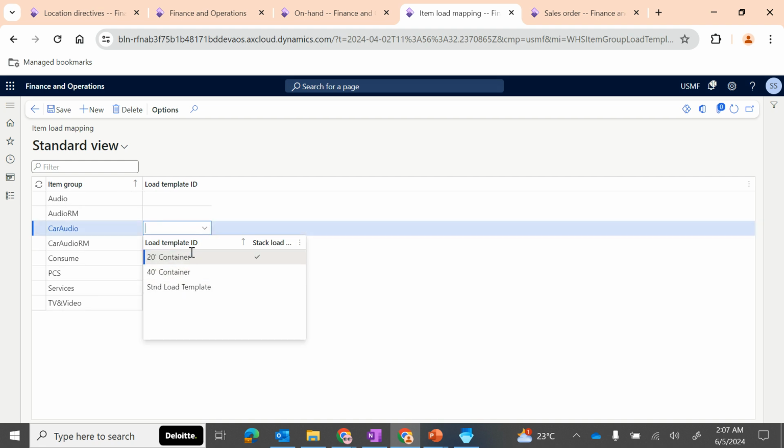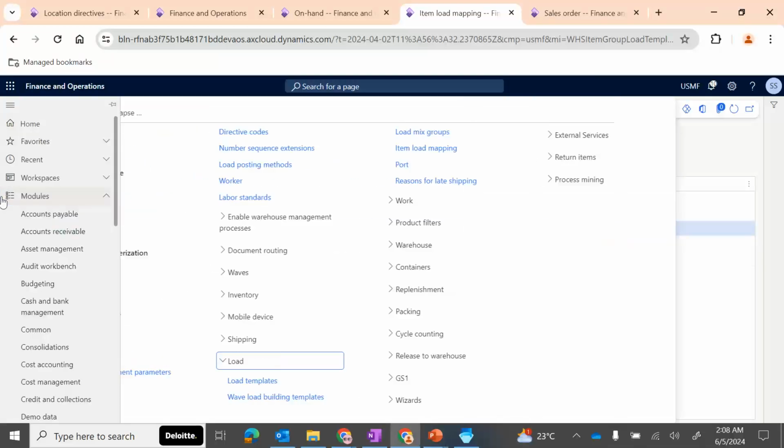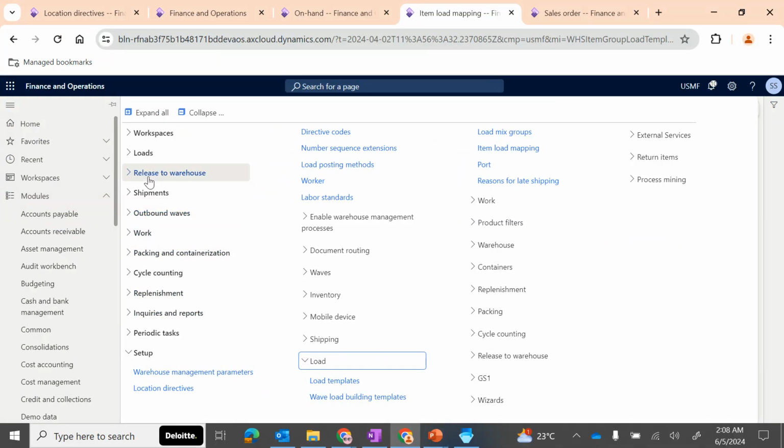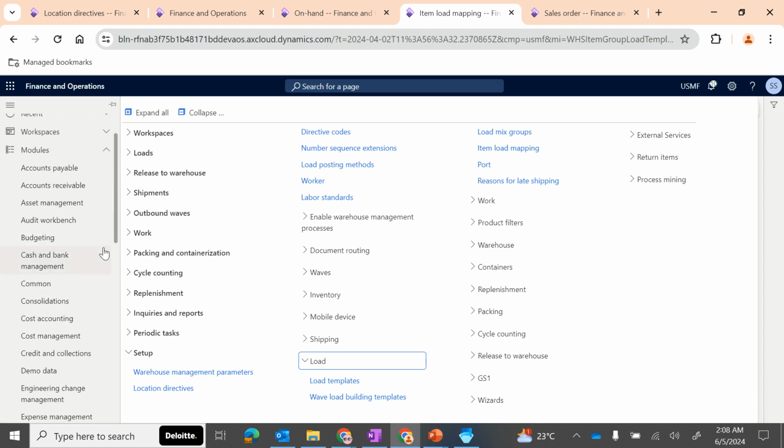So you can decide upon this. Once it is configured, then the moment you create a load, the appropriate load template will be used. So that's why it is very useful to configure the load template. So let me go back, and let me quickly show you how this works in the case of a sales